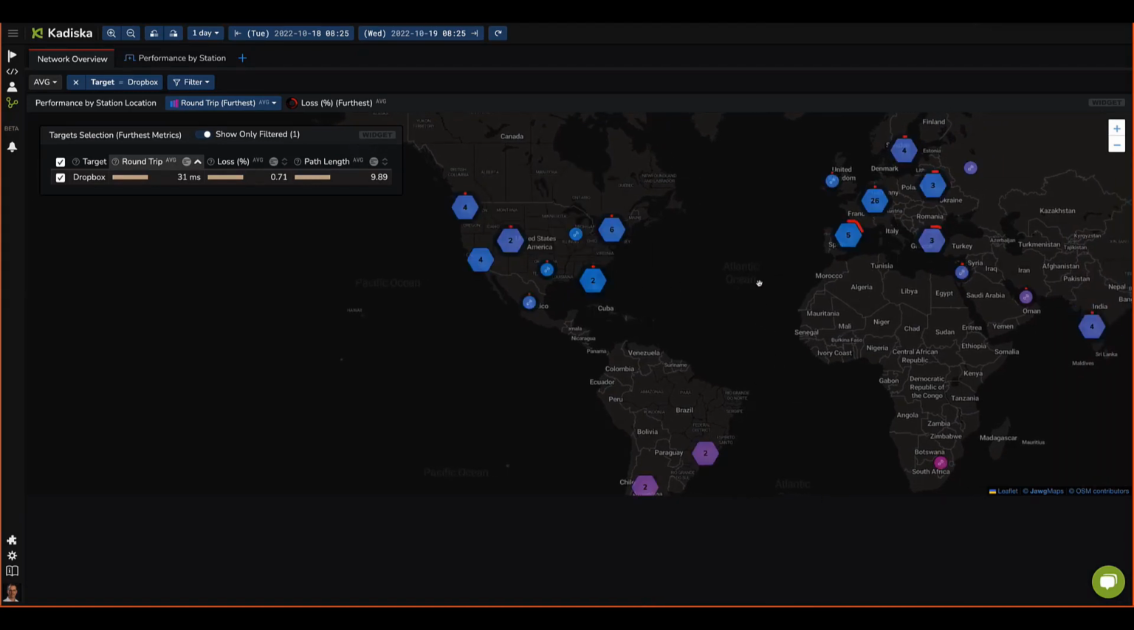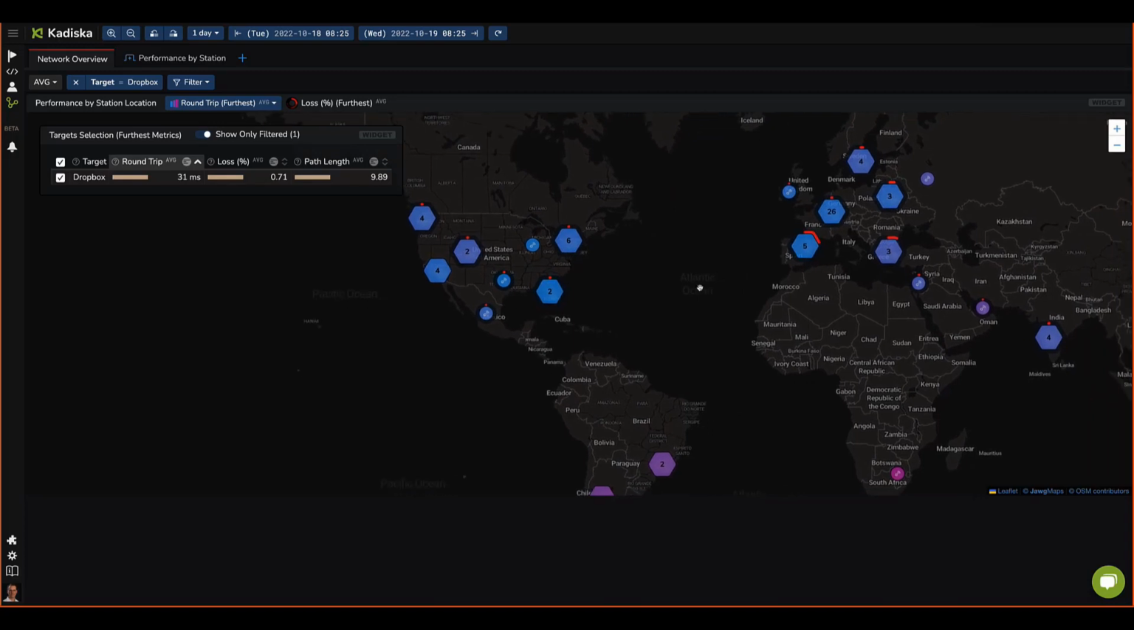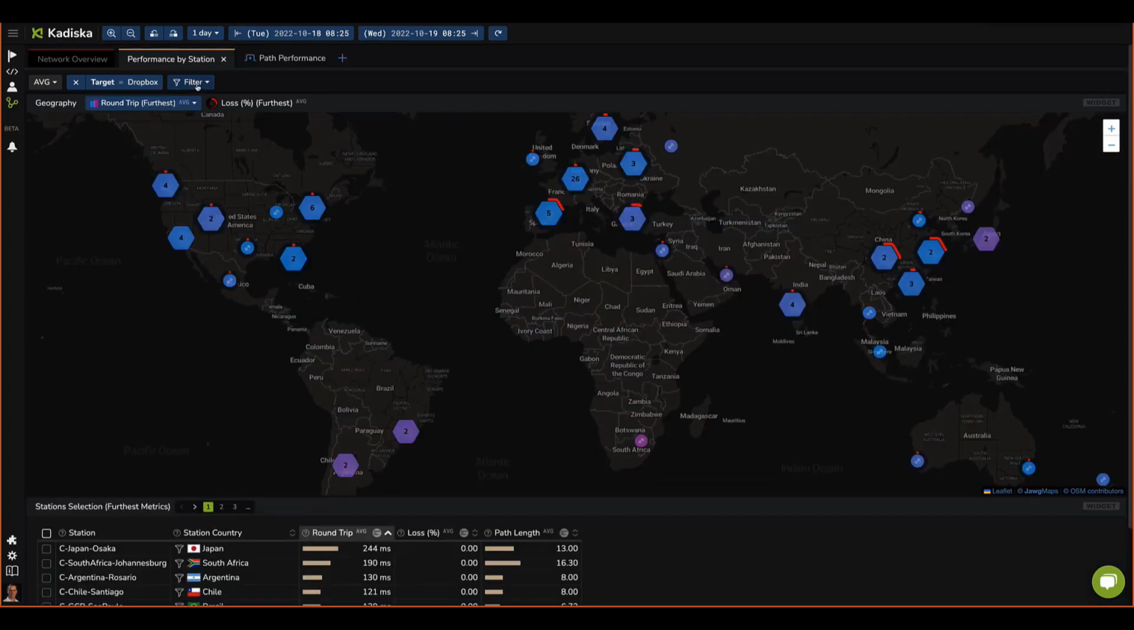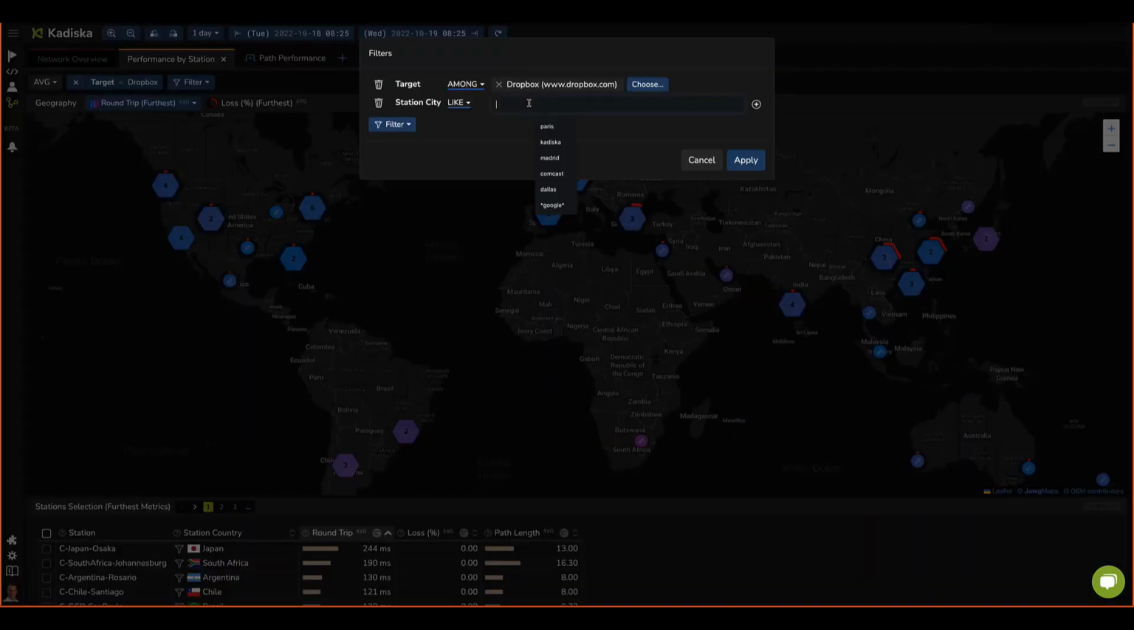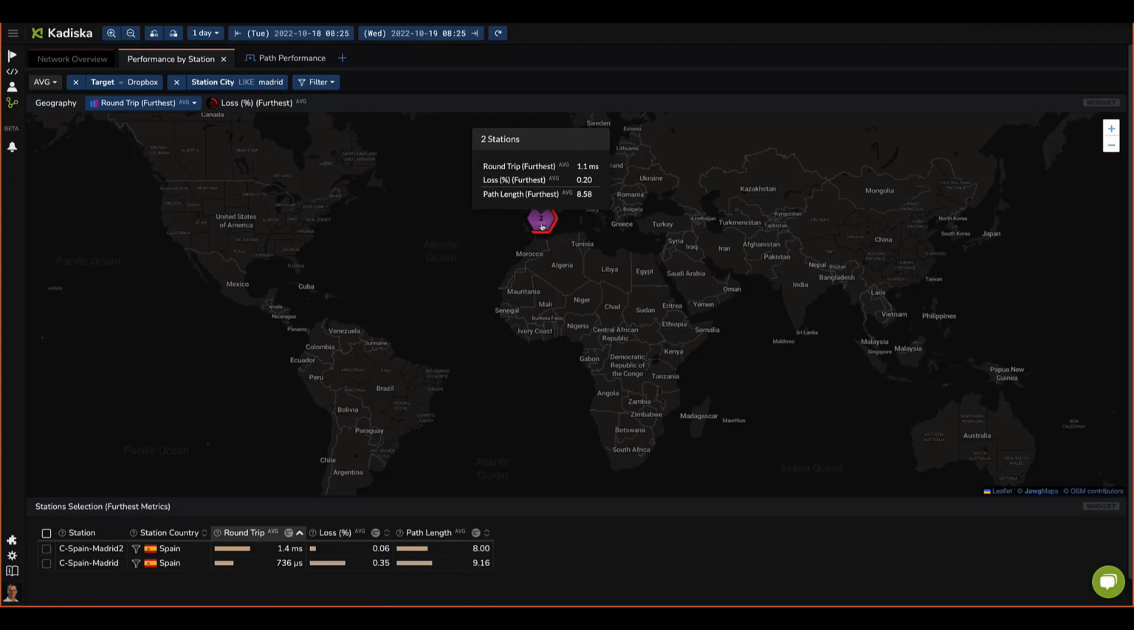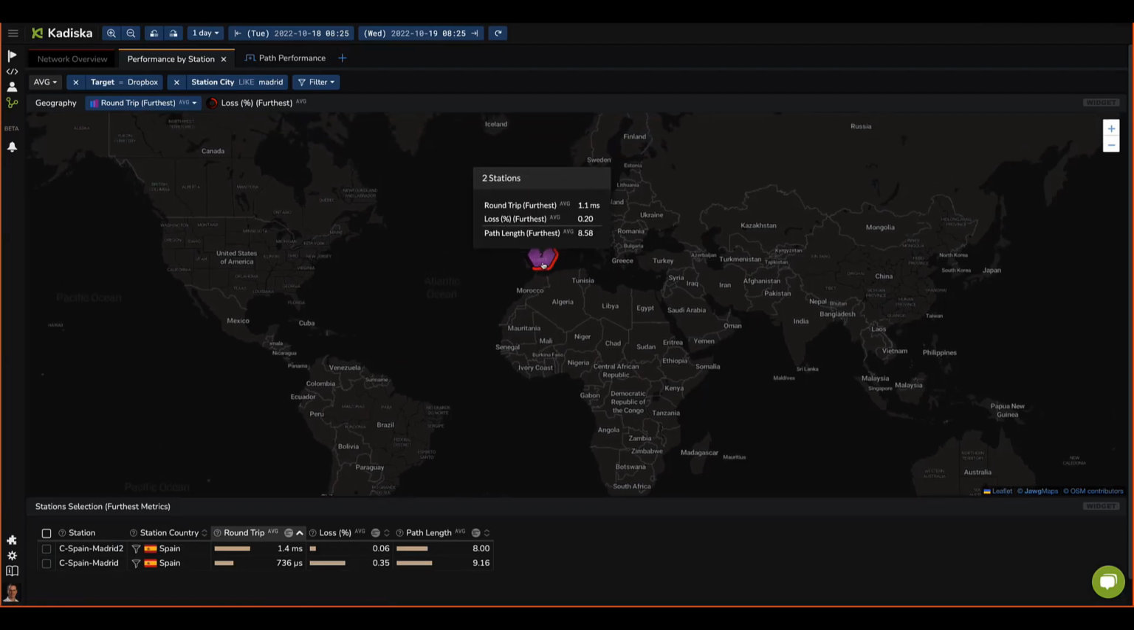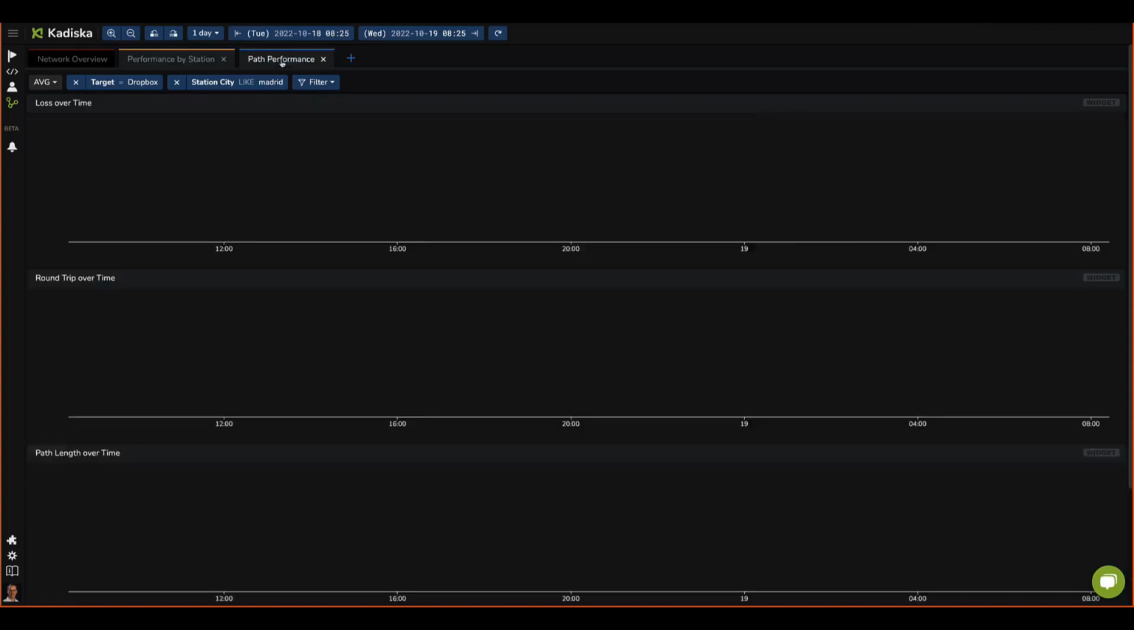So if I want to focus in on a particular SD-WAN site, we're going to take a look at all the different stations there, and I think what I'll do is look at one site that looks like it's having trouble in Spain. So we'll take Madrid. We have two SD-WAN underlays running here. So if I wanted to see how that SD-WAN link looked like from Madrid to Dropbox, we could do a